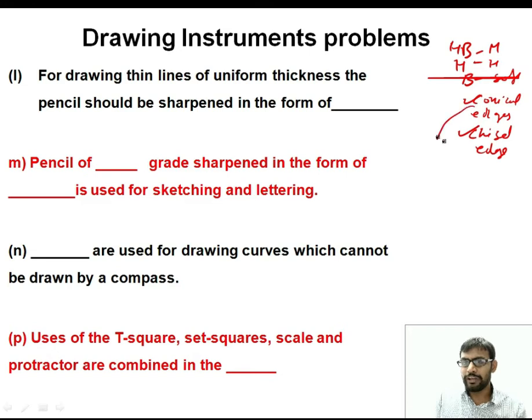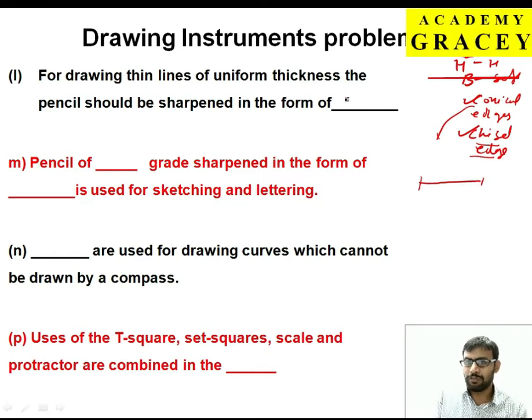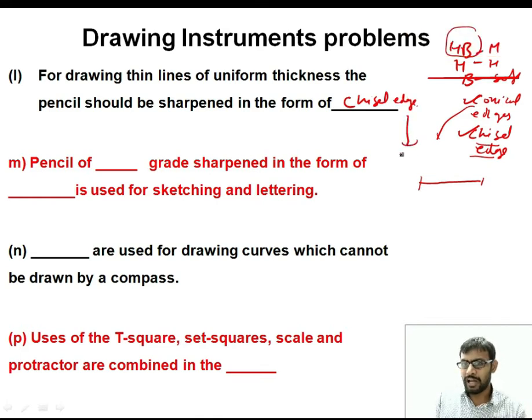So where we use conical edge and where we use chisel edge. Conical edge where the freehand drawings like sketches we have to draw, engineering drawing. When we have to draw the letters, we will go for the conical edges, or you can say that we will go for the HB pencil. For chisel edges, where we have to use a continuous thickness of line. What do you mean by continuous thickness of line? A line drawn with the single stroke of the pencil. Single stroke of the pencil means that it gives a constant thickness. That means with the help of it we go for the chisel edges. A chisel edge gives a constant thickness of line with a single stroke.